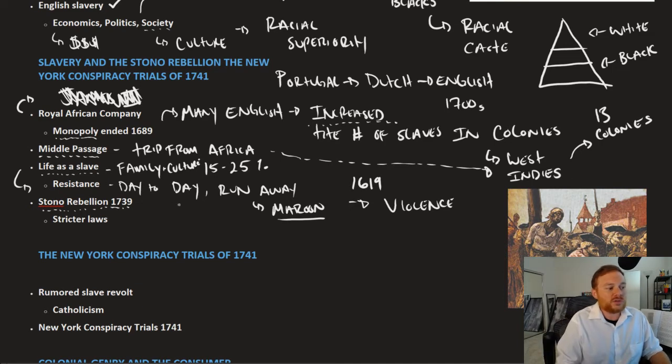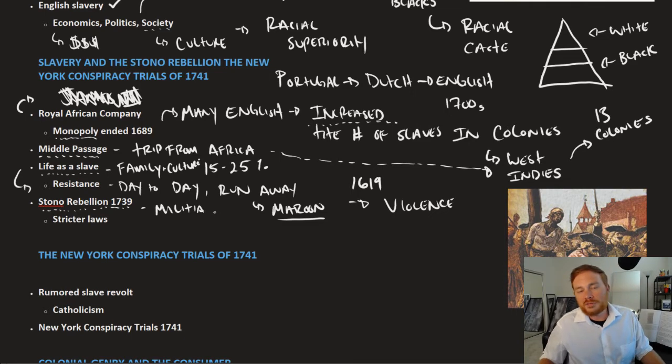That rebellion was eventually put down by the militia. Practically all of these states had militias who were there initially to fight against Native Americans, but later on, especially in the slave colonies, were there to make sure that slave rebellions didn't break out. And those that were not killed in the skirmish were eventually captured and either executed or exiled from the colony.